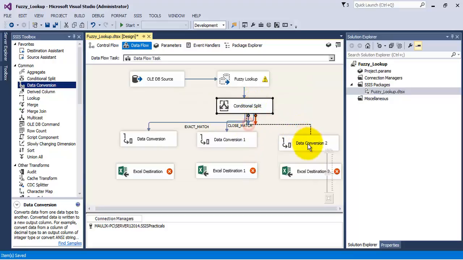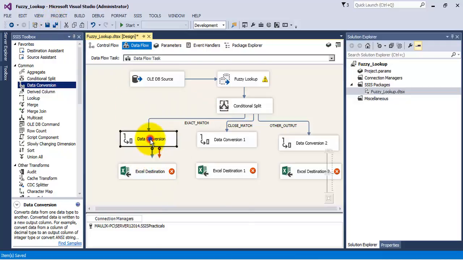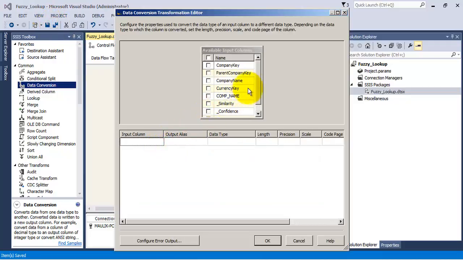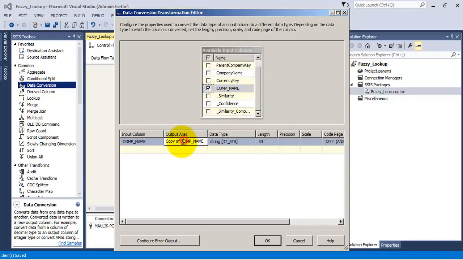So we are connecting all the three types of outputs to our three data conversion tasks. Let us convert the data type for company name column and let us output Unicode format data.